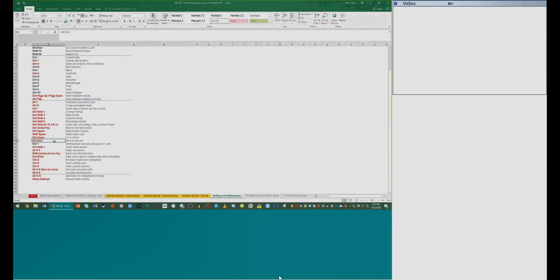Shift and the Control arrow key. Again, you can hold it down to select and go in a certain direction if you want. Control Enter enters the same value in cells when highlighted. So if I take 5 and I drag it across,